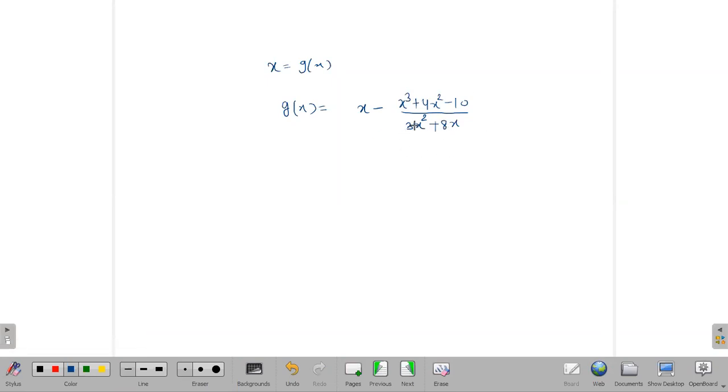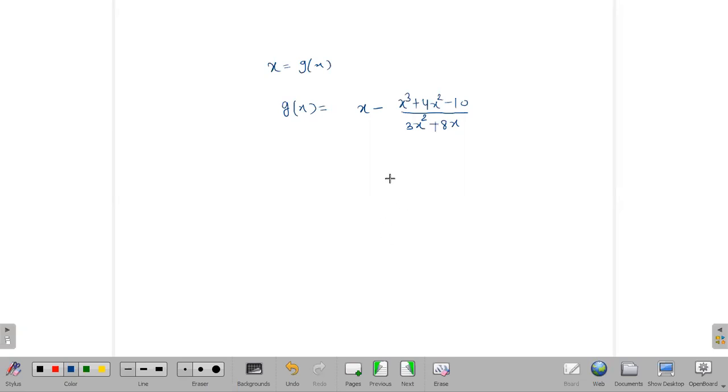But we don't prefer this function because it is a very complicated function. So you have to find one that is a continuous function, it maps into itself, and its derivative is also strictly less than 1. So it is better if you practice, then you will get an easier g of x than this.